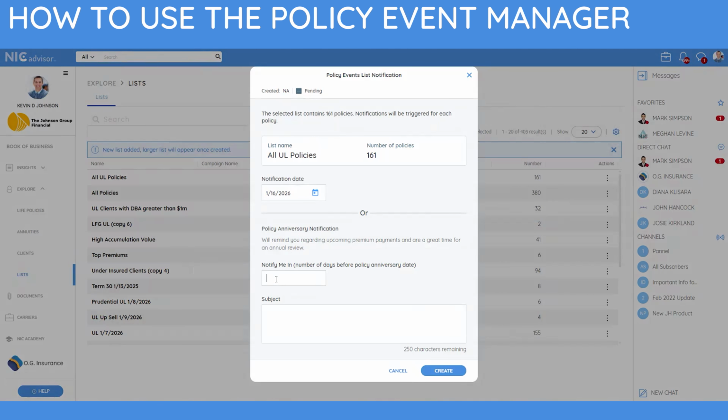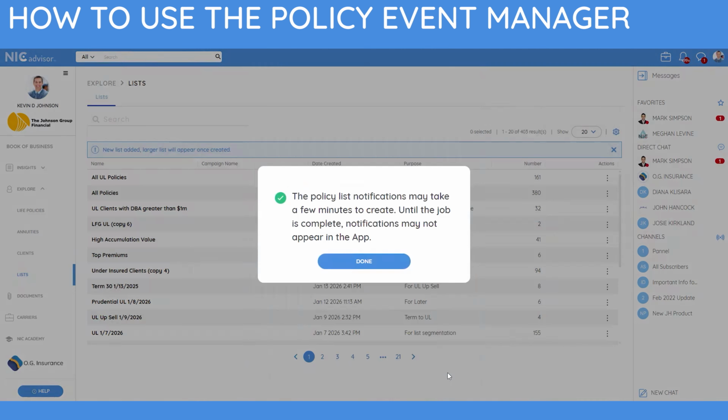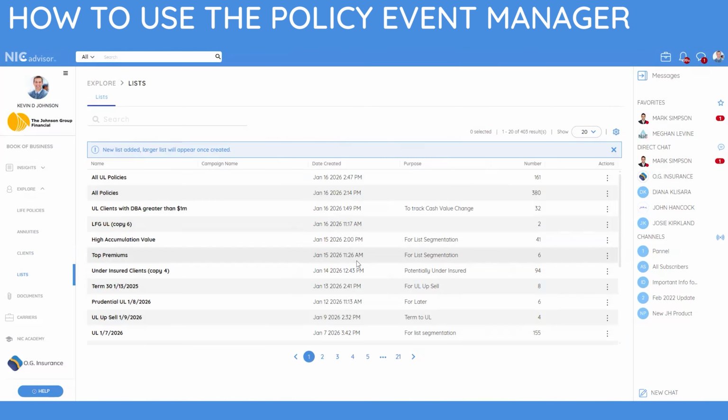Next, enter in an amount of days in advance of each policy anniversary. Once you're done, click Create, and now you will be notified via email and through an in-app notification 60 days before any of those UL policies are approaching their anniversary, so that you can be proactive and get in front